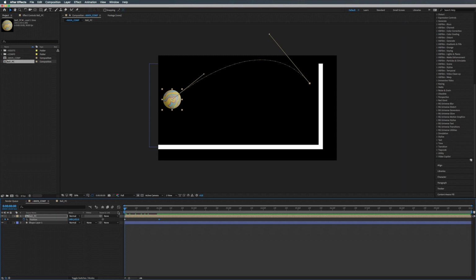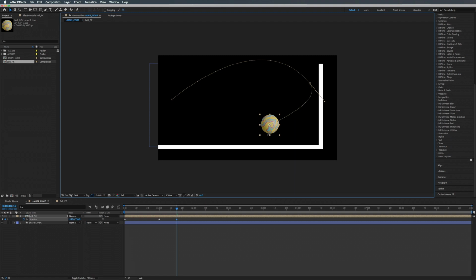All right, so we want the motion of the ball being thrown kind of up and then down, hitting the wall. All right, so now let's go over to about, I don't know, maybe right there in between 10 and 20. And let's just move this down to about where it would land if it were to bounce off this wall. Let's hold down Alt, click on this handle,